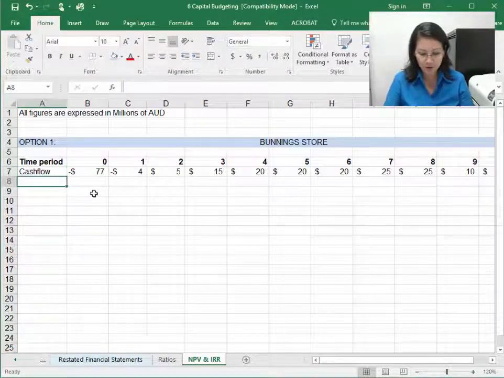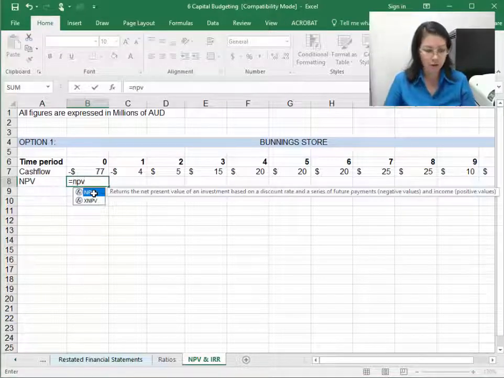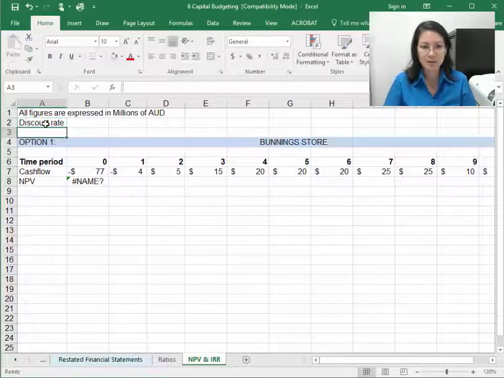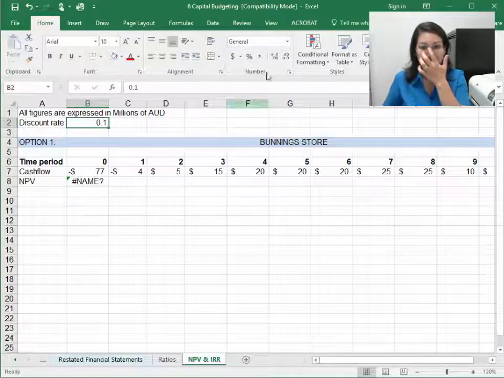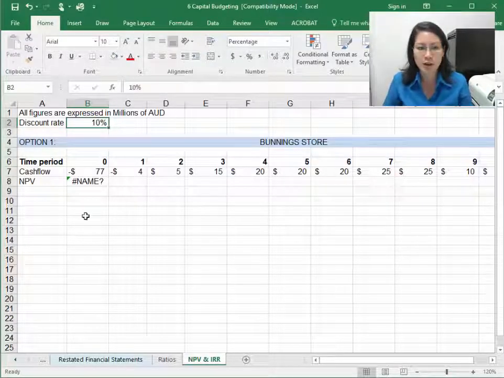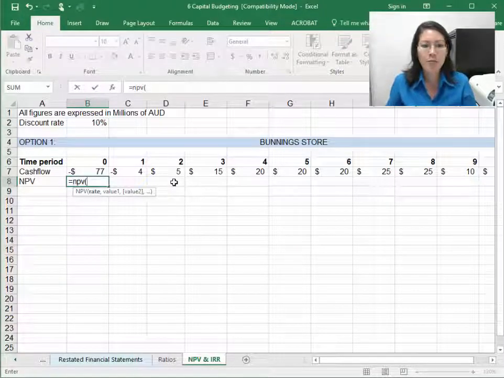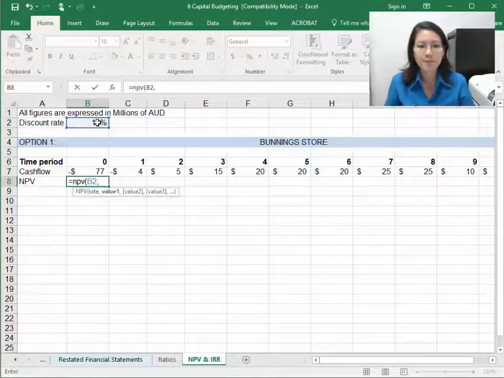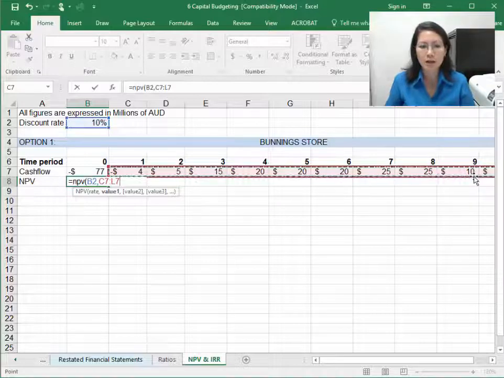Now for net present value, all I have to do is go equals net present value. Oh, actually, also let's put discount rate and I'll put 10%. You can either leave it as a decimal or you can change it to a percentage, it's up to you. So I'll put equals net present value, open bracket. See how it's got rate here? I'll click in this cell, then press a comma. Now it says value 1, value 2. So what I'm going to do is actually just highlight all of my cash flows up to year 10